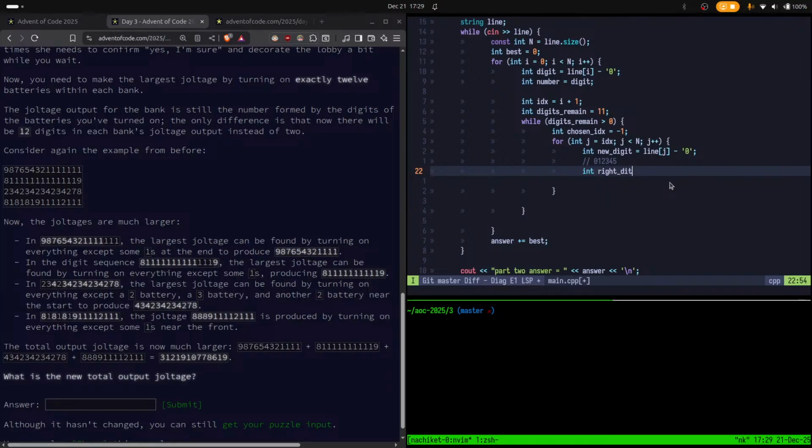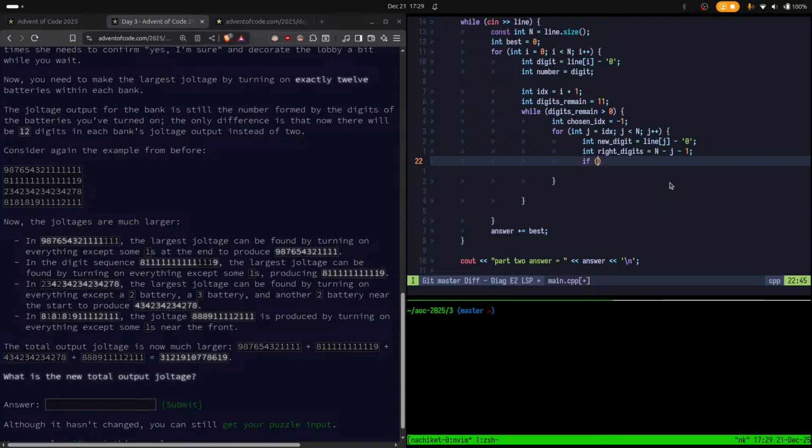Right digits is length minus the index minus 1, right? So the length of this particular example is 6, index is 3, and 6 minus 3 minus 1 becomes 2. So there are two numbers to the right of 3. So I can take this particular digit if right digits